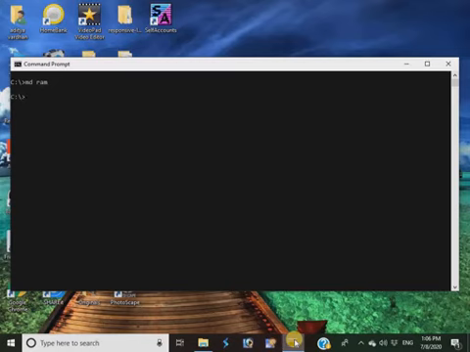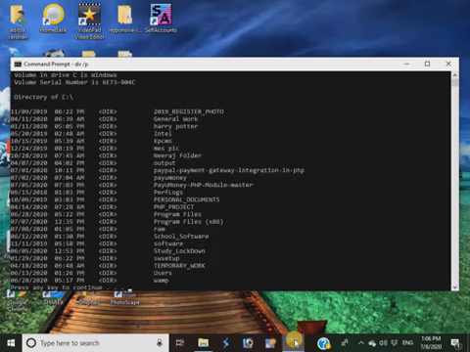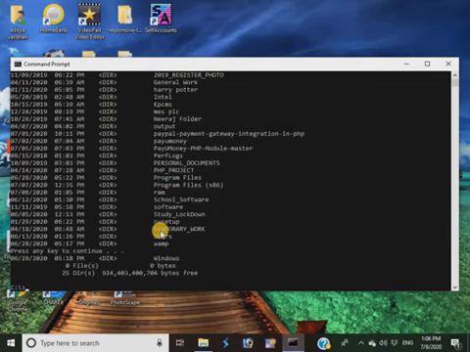If you require to see whether the RAM directory has been created in the root or not, we'll have to type dir /p, page wise. You just have to search whether RAM has been created. Here is the RAM, so the RAM directory has been created. If you require to go into the directory RAM, we'll have to type cd RAM.